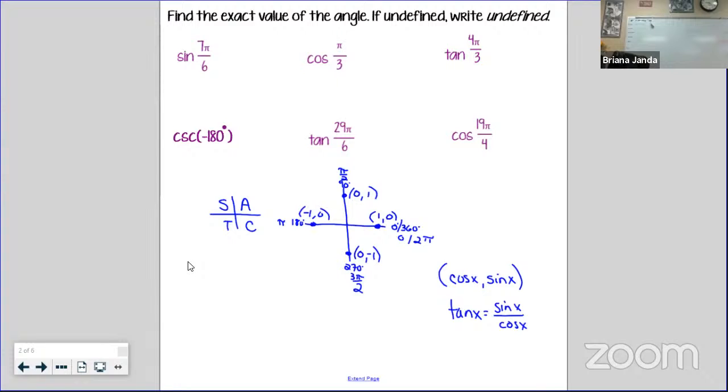But remember, the first job we did, regardless of our method, was draw the angle for ourselves so that we can remember what quadrant it was in and find our reference angle. So 7 pi over 6, we have to remember in radians, 6 over 6 would be half a circle, so 7 over 6 we can just pass that. Radians is always easy then to find. Our reference angle is pi over 6. Sine is negative in quadrant 3, and the sine of pi over 6, we go to our method, whatever our method is, and we get an answer of 1/2. Negative because we're in quadrant